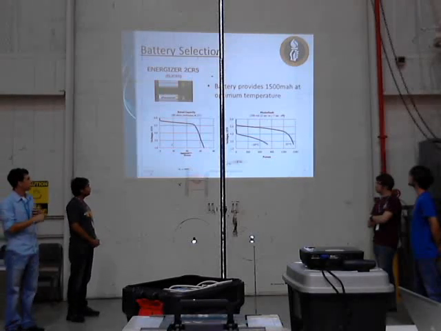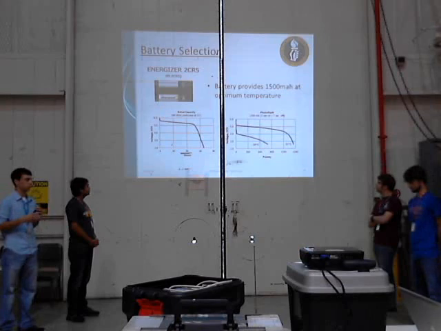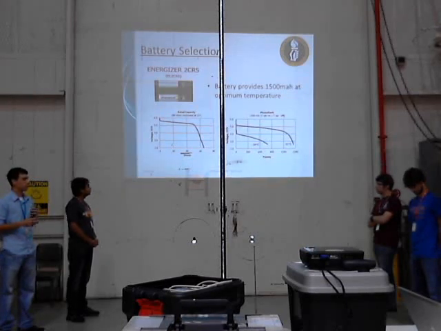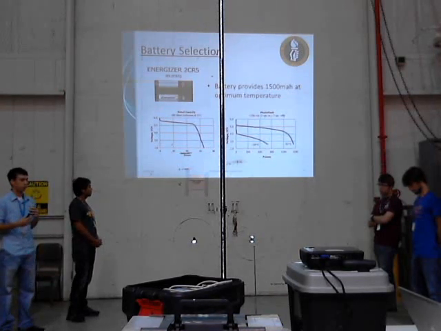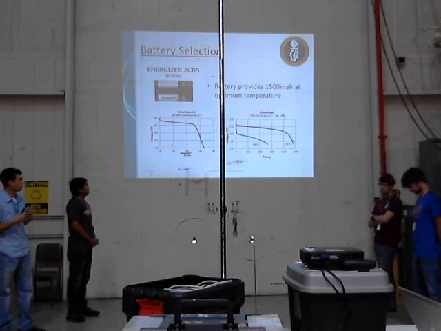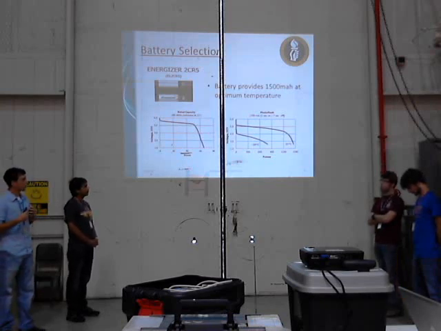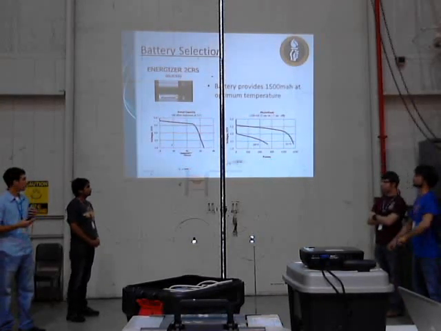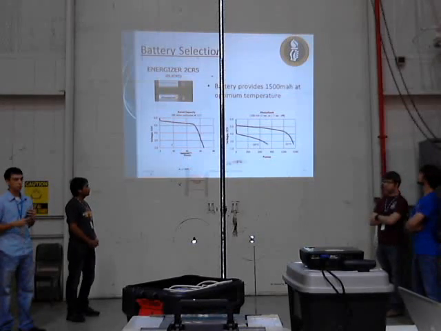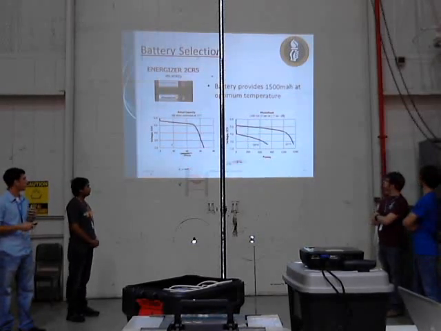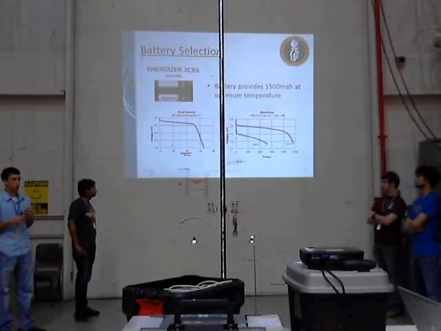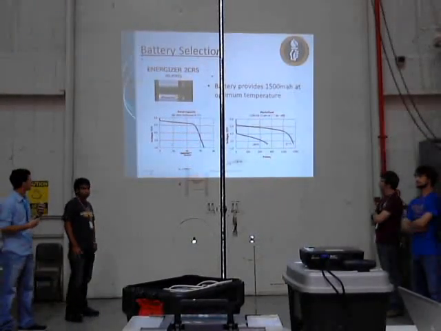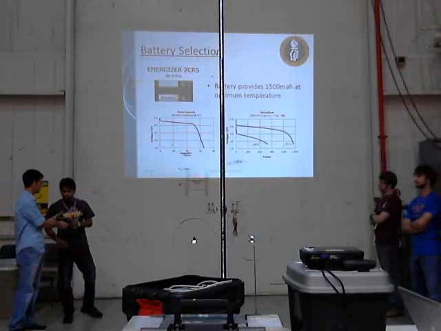We're going to be able to have 1500 milliamps at optimal temperatures of around 70 degrees, but because of that, we realized we had to bring it down to lower temperatures, and we did testing, and we included that all in our FRR report. The batteries were sufficient in providing our payload with enough power to go through the whole 4-hour flight. We plan for a 4-hour flight as a safety factor. Next, we'll go to Pawan for the introduction for mechanical.